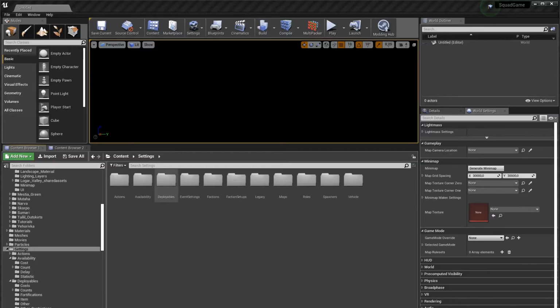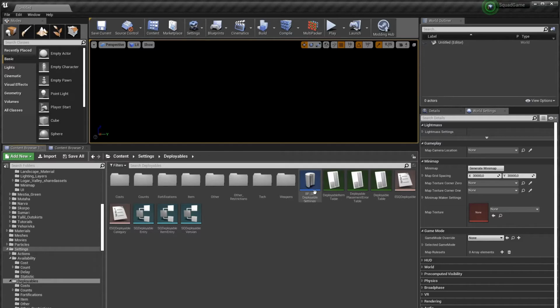Let's look at the deployable folder. You will find the base blueprint class for all deployable settings, that again you can override, the base enum for all deployable types, and an enum for deployable categories, which is currently used for the radial menu generation, but this is to be replaced by a deployable grouping strategy as soon as possible.